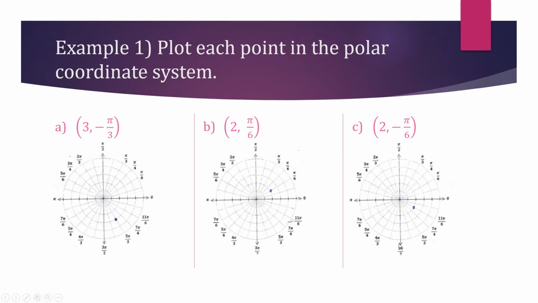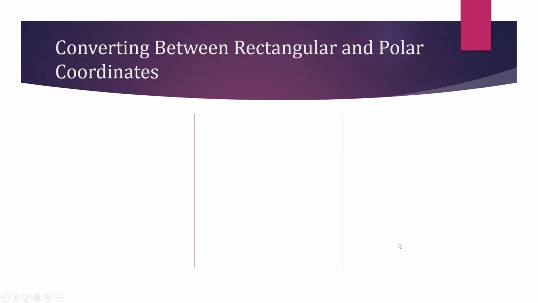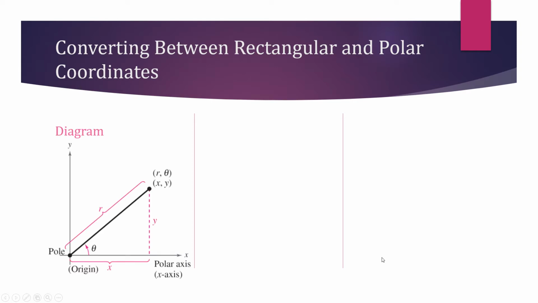Our bigger goal for today, though, is that we can convert between these two coordinate systems. So if we have a point in the rectangular system, it would be x comma y. In the polar system, it would be r comma theta. But here you've got a diagram that shows all the different pieces of that. Okay, x, y, here's our r, and here's our theta. So if we want to go from polar to rectangular, we call that,